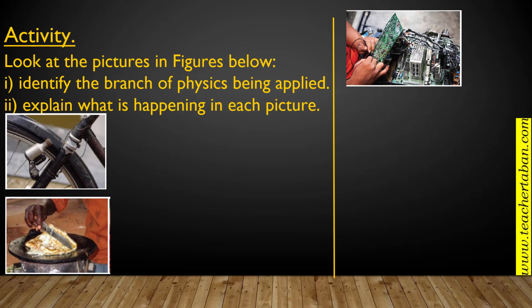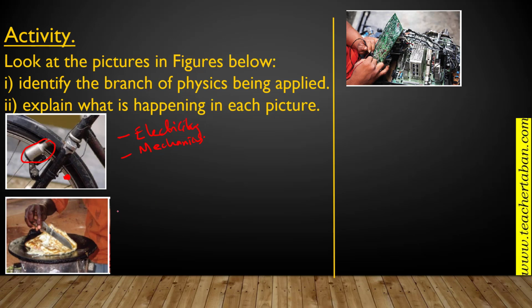Okay, welcome back. Let's begin from the first picture. In the first picture, we have this dynamo here. What do you think dynamos do? They produce electricity to provide light at night as you're moving. So in this case here, we shall be talking about, for example, electricity. Then we have this bicycle tire here. What does it do? It is moving. So we have a branch called mechanics. So you can think about that.